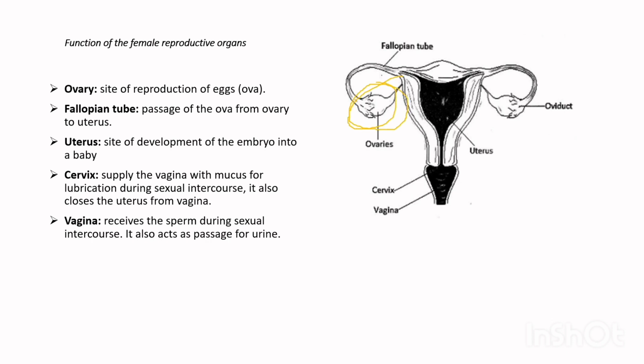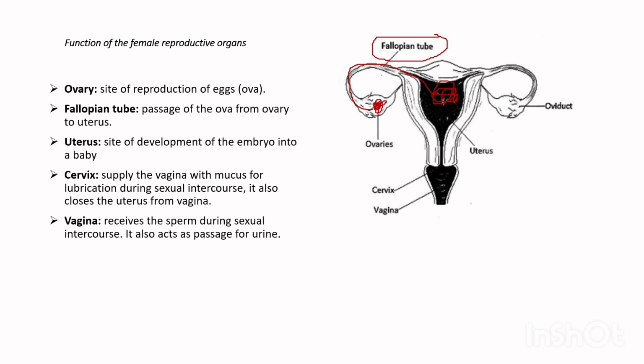The function of the fallopian tube is the passage of the ova from the ovary to the uterus. Okay. So once an ova, which is also called an egg, is made at the ovaries, it's ready to be fertilized. When I say ready, it simply means once it meets with a sperm, then fertilization will occur. So once the ova has been made here, it will pass through the fallopian tube and enter the uterus. Okay. So the function of the fallopian tube is the passage of